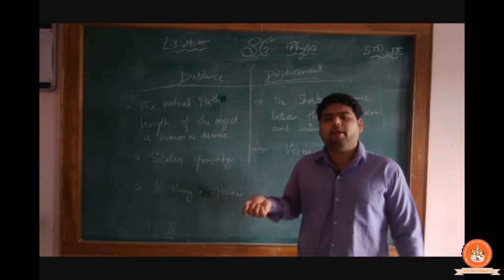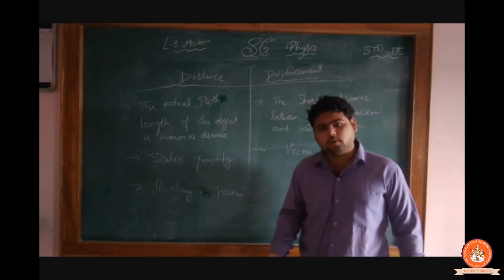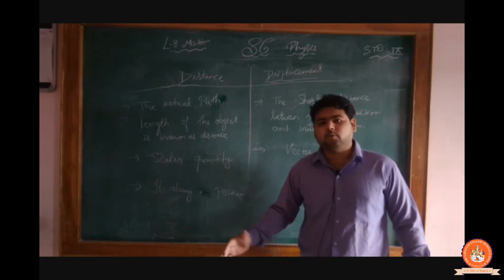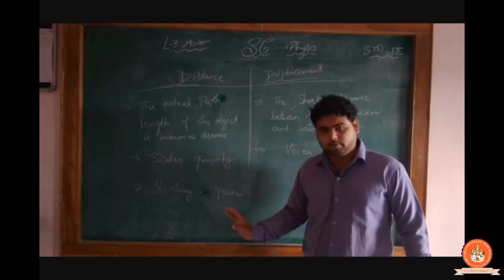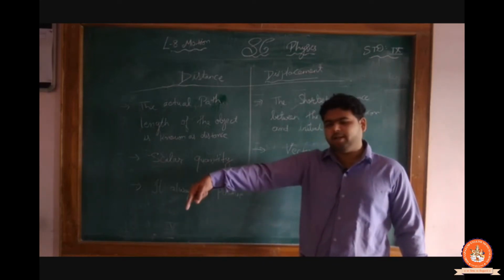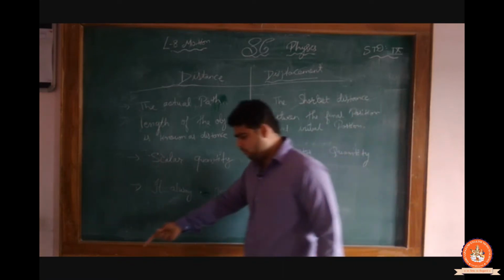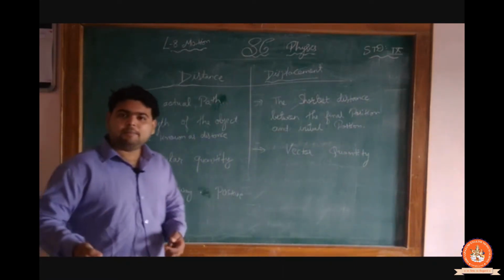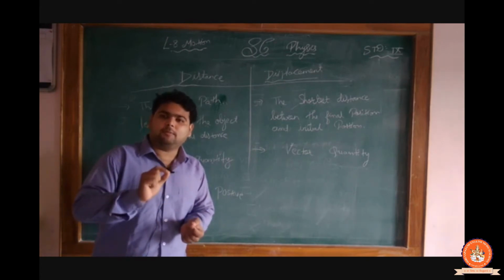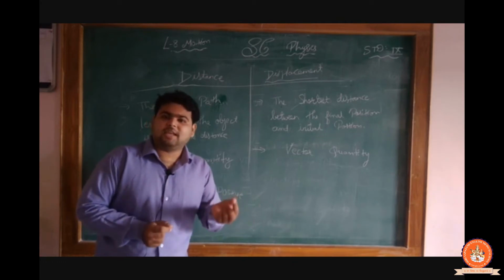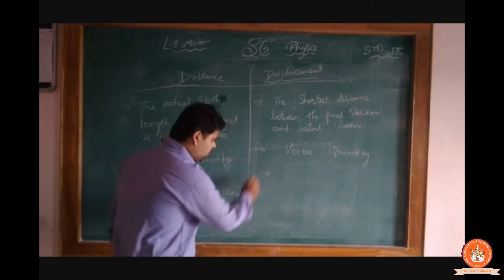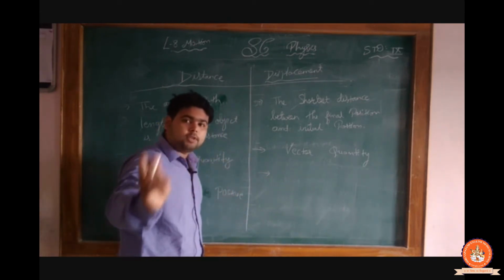Clear? If I travel from here to here, it means I have traveled something, I have completed a task covering distance, so it is positive. But if I start from a point, come here, and once again go back to the starting place, then the beginning and the final point are the same, so the displacement can be zero. Clear? It makes a closed loop, and a closed loop always gives zero displacement.